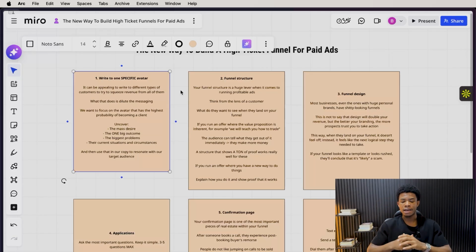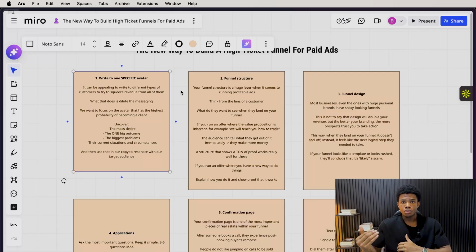And usually what we see is that, if you have an offer that requires some sort of education, then you break down the mechanism so that people understand how you actually get results. And again, without sounding too complex, a mechanism is simply how you get results. It's how you get the outcome that these people are looking for. So you break that down for them, right?